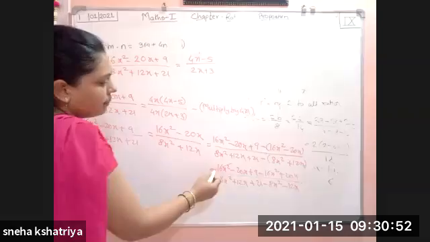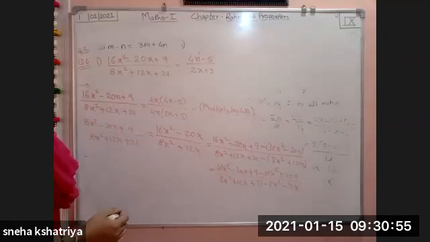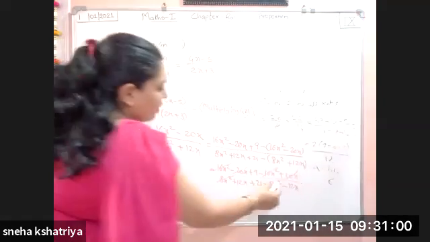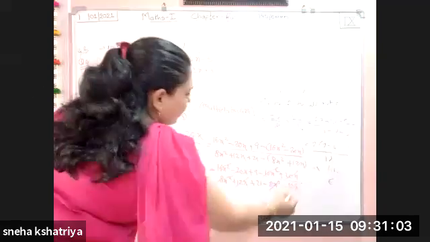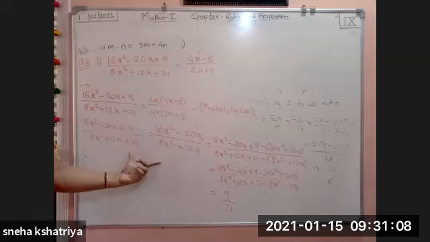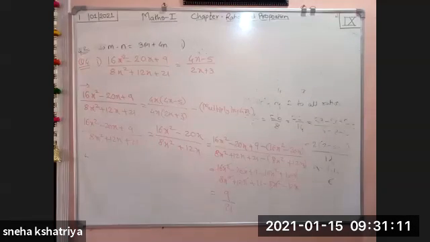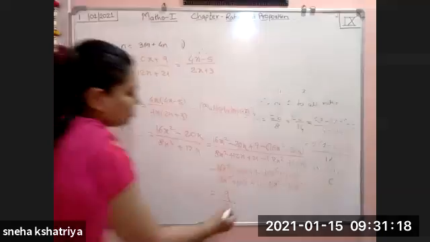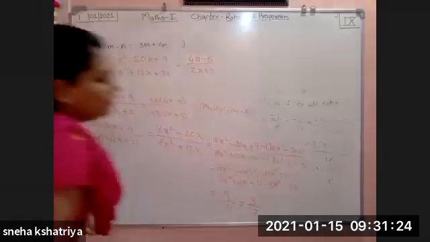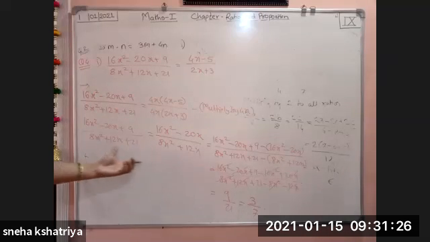So here see, plus 16x square and minus 16x square get cancelled. Minus 20x plus 20x get cancelled. Plus 8x square minus 8x square get cancelled. Plus 12x minus 12x get cancelled. What remains? 9 upon 21. So the value of this ratio is equal to 9 upon 21. Now 9 upon 21 can also be reduced by 3. 3 3s are 9 and 3 7s are 21. So here we will get 3 upon 7. So the value of this ratio is equal to 3 divided by 7.